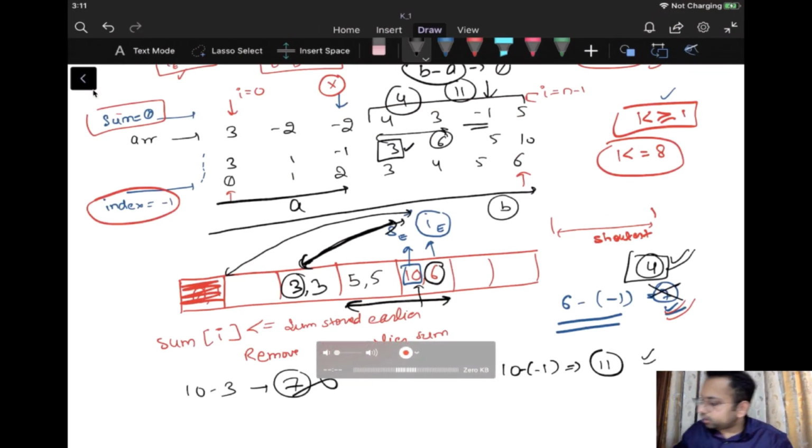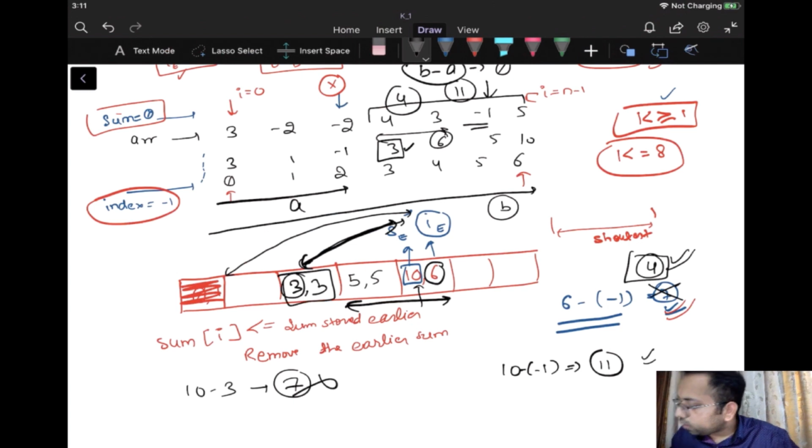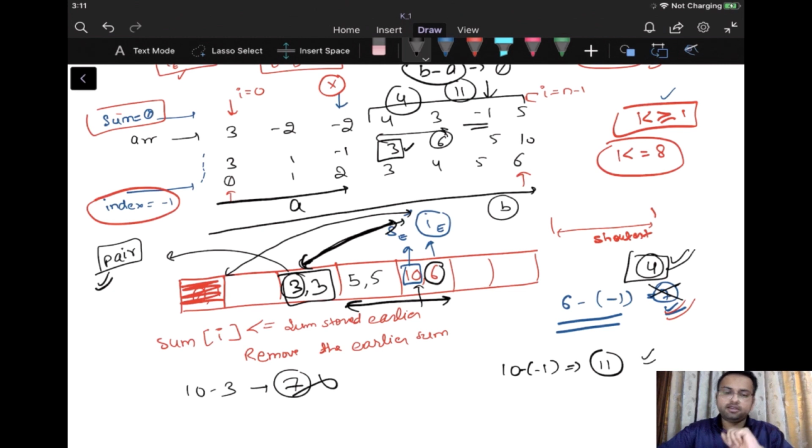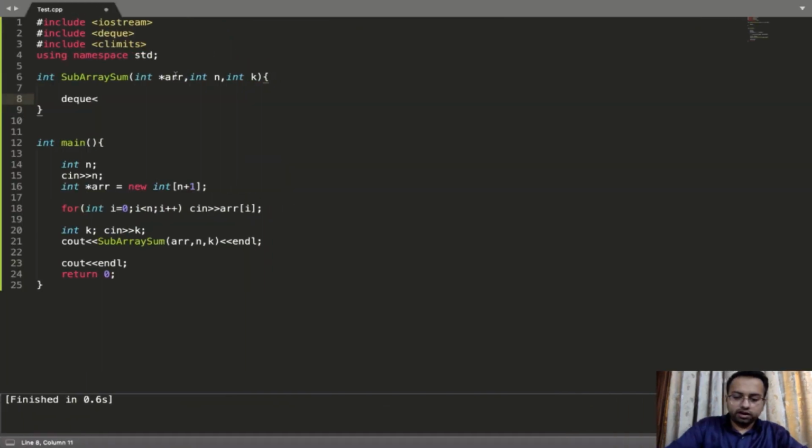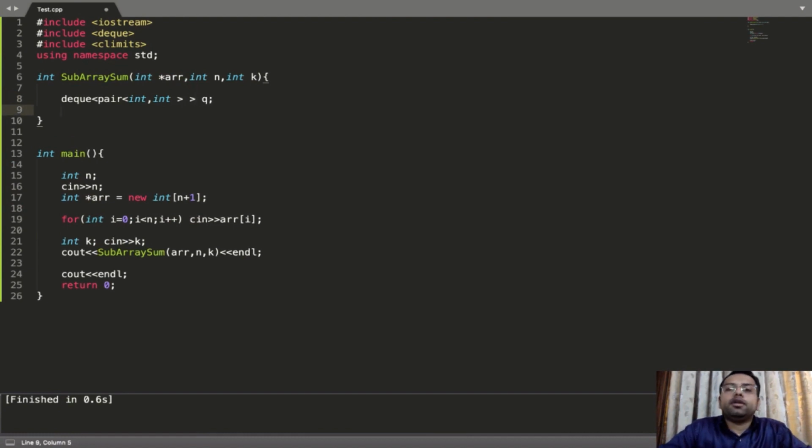What we are inserting inside this particular deque is a pair, right? In C++, we can insert it using this particular syntax, which is called pair. In the pair, we will have two things, that is sum and index. Both are integers, right? So I'll write pair of int, comma, int, right? So we have created it.